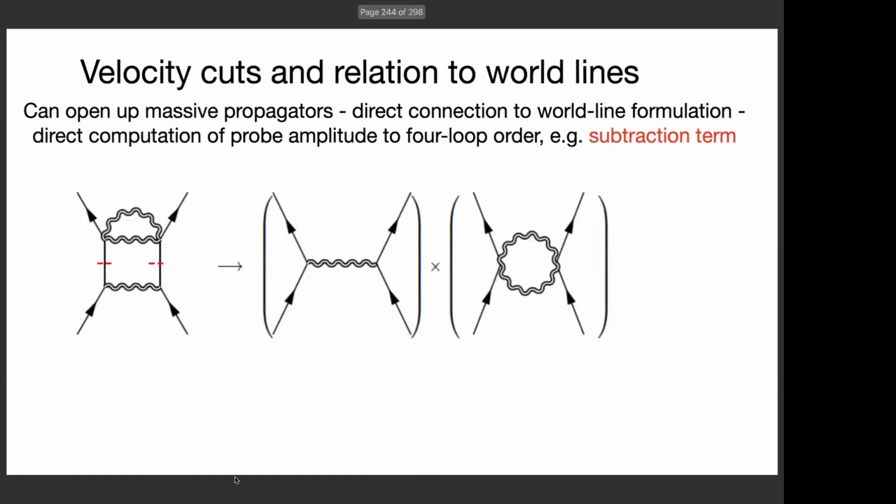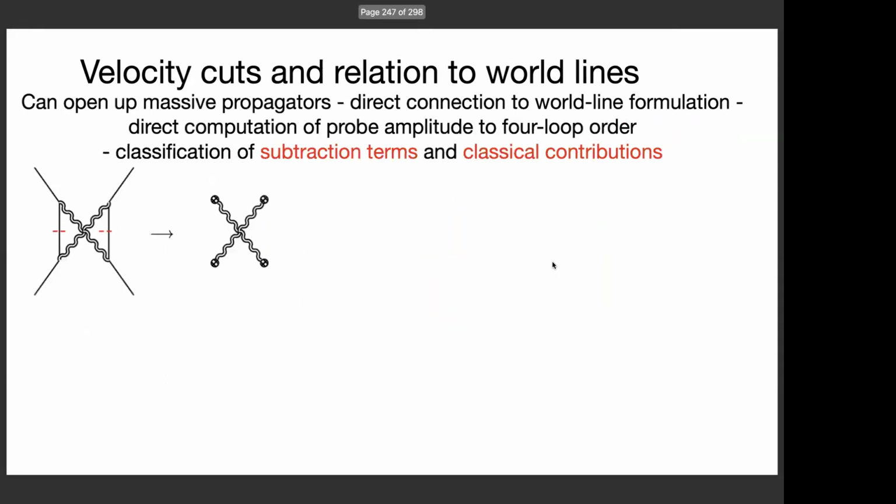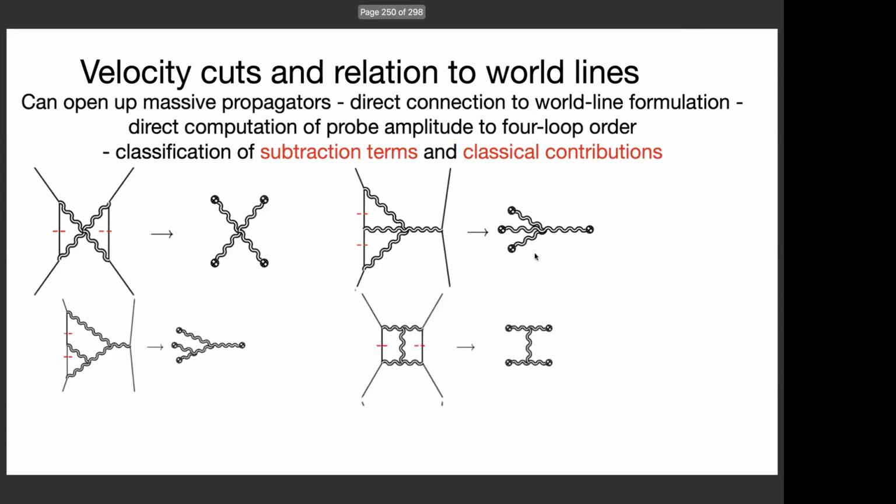So in fact, when we are considering the various contributions to the computation, we can see that things are cut in such a way that they split up. For instance, if we have 2 propagators and we have the velocity cuts in play, it's like we have a 3 times 1 loop contribution. And we can also identify pieces that are connected pieces and thereby related to the pieces that very much play a role in linking to observables.